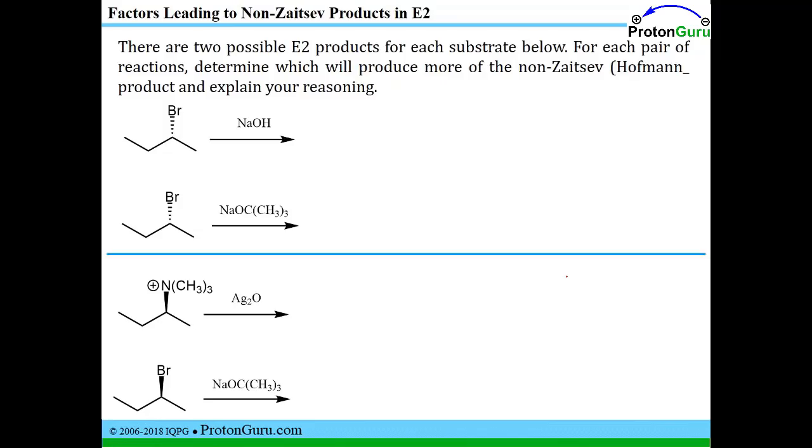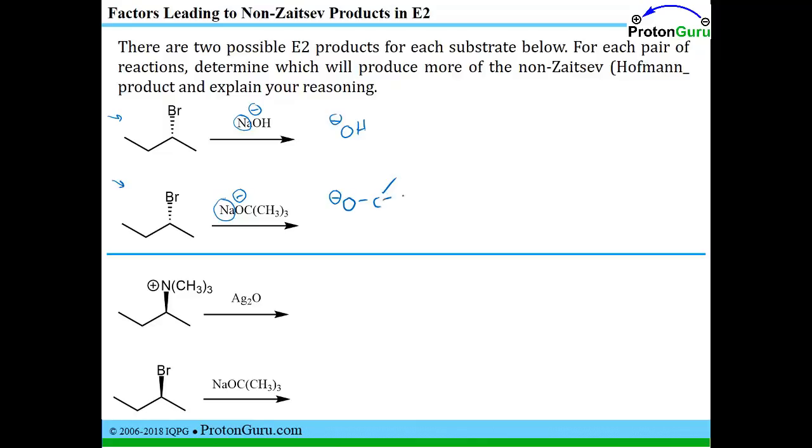Now, in some cases, there are two possible E2 products for a given substrate. And a question like this is asking us, for each of these pairs, which would produce a greater excess of the non-Zaitsev or Hofmann product compared to the major product, the Zaitsev product? So if we look at the first pair, the only thing that's different, you have ionic compounds, a minus charge on the oxygen, substrates are the same, primary, secondary, and tertiary substrates all work for the E2 reaction. So the only difference is the base that we're using. They're both strong bases,